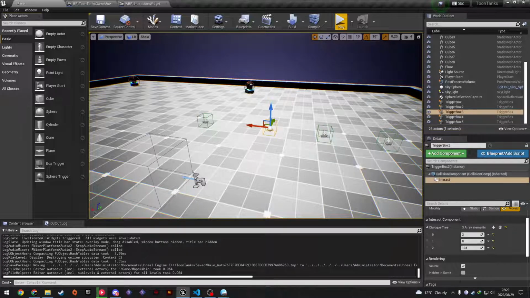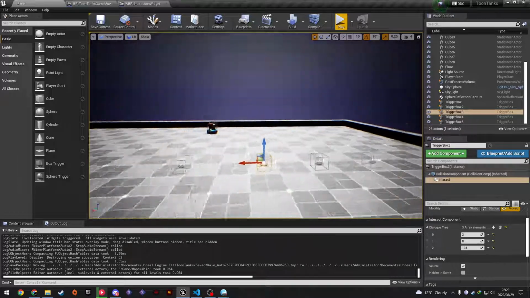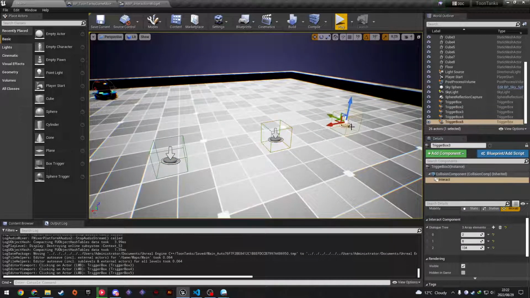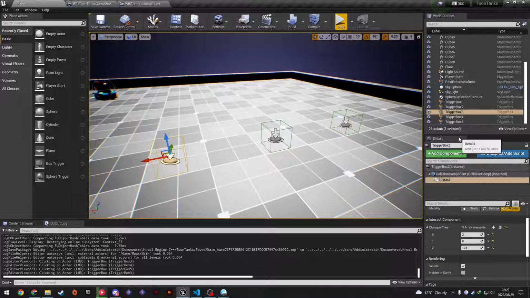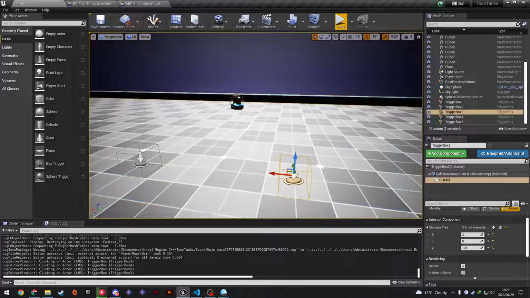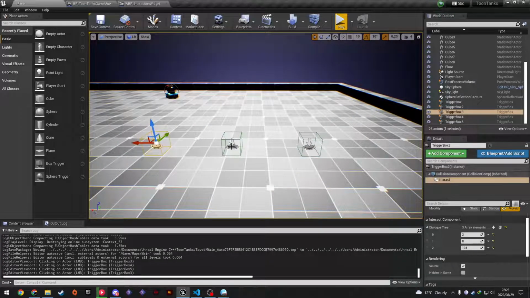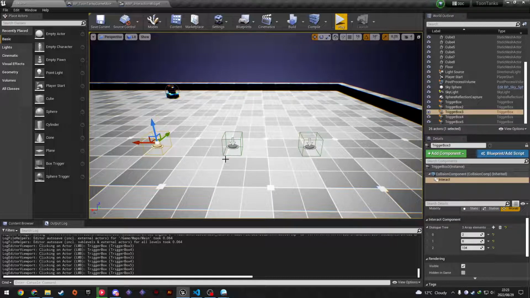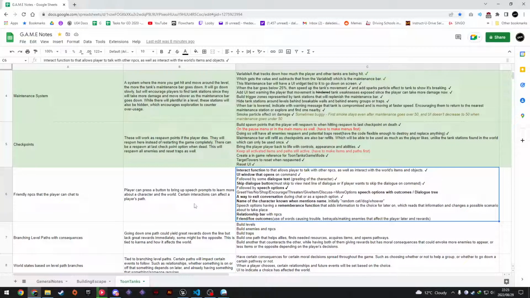So as you can see, we're in Unreal, and there's 3 triggers over here. Each of these triggers have the interact component on them, and these different triggers will basically be different types of NPCs. So I'm gonna show you my notes like I did in the previous episode,